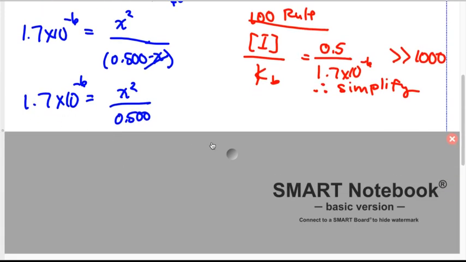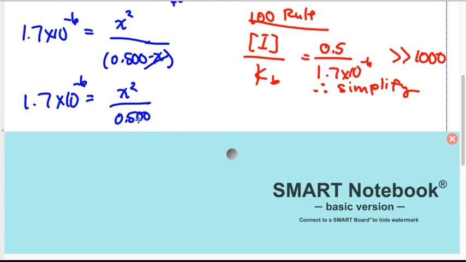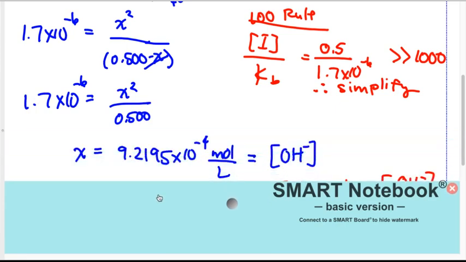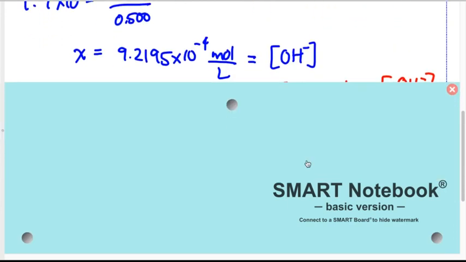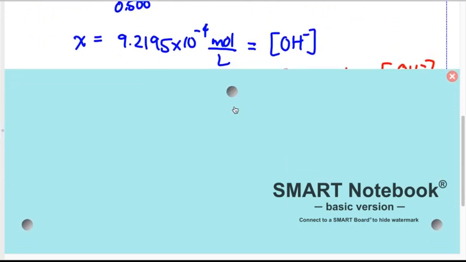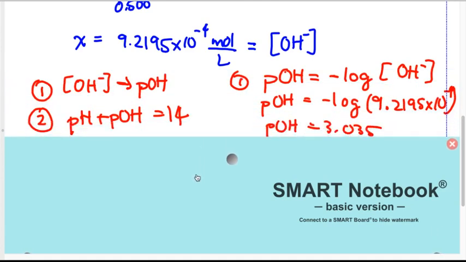We isolate for X by multiplying 0.5 by that Kb value and square rooting it. We get a value of 9.2195 times 10 to the power negative 4. And remember, that's the concentration of hydroxide. We want to find pH. So the only way to find that pH is to go through the steps of converting concentration to pOH. From there, you can find pH by taking the sum of the pOH and